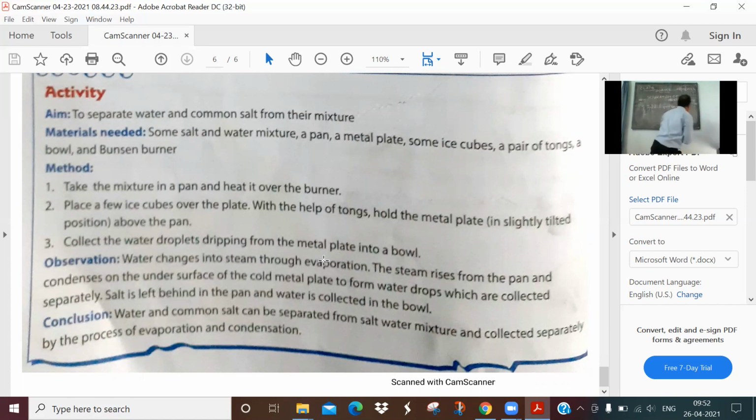Soluble solid and liquid mixture, soluble. First, we have seen simple evaporation is used where we need not collect the liquid component. If you need to collect it, we have to use first evaporation followed by condensation.